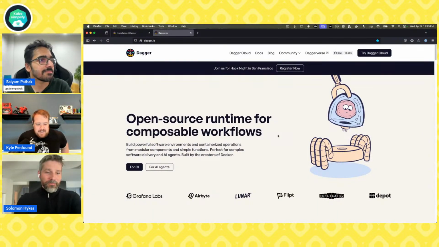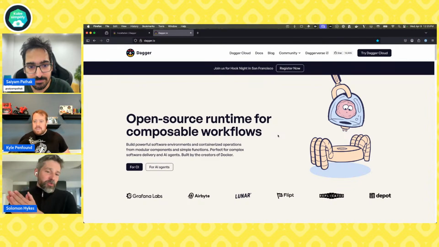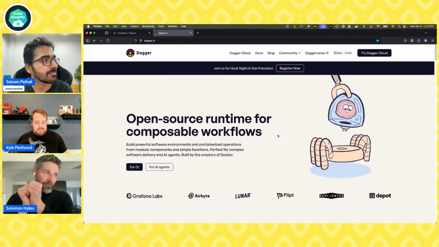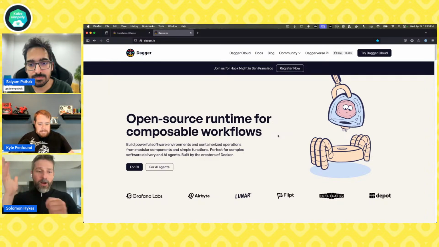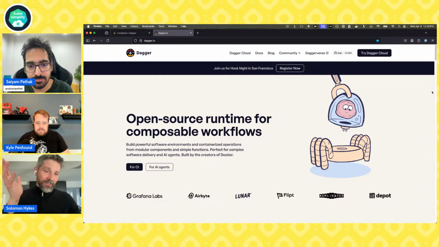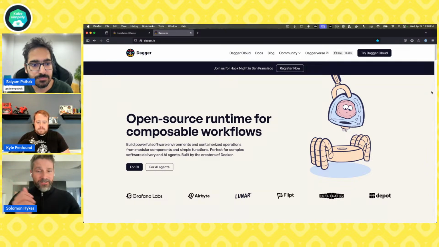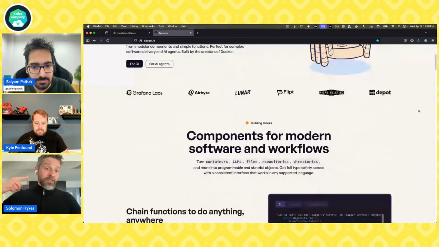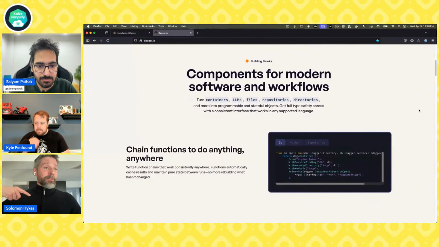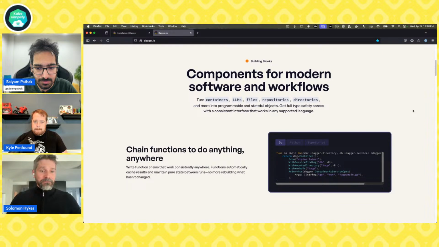Sure. Yeah. So Dagger is an open source engine. It's basically a tool and a runtime to execute the fundamental tasks that power complicated workflows like builds, tests, deployments, data engineering pipelines, any sort of workflow that involves a lot of complicated processing and data flowing through different processing tasks that you want to run in a very repeatable way, that need to be very reliable and fast because you're running them a lot, like builds, right?